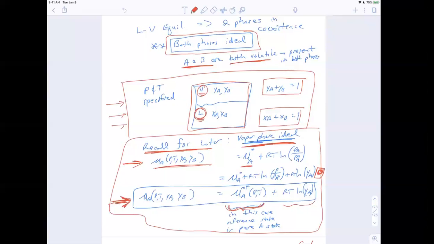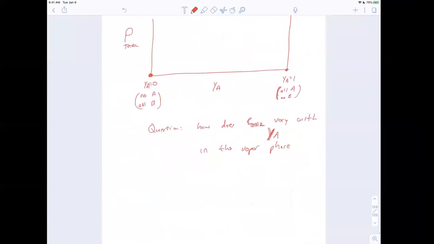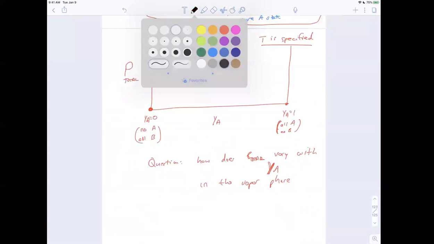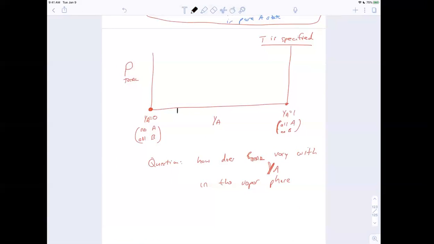So we can then string all of the compositions together to get a curve of how the total pressure varies with composition, right? You can say, all right, I've specified temperature. I'm going to specify a particular composition. So on this plot here, T is specified. I could pick a point here, and say, if Y sub A is here, what is the total pressure in the system? And then I can do this for a whole bunch of Y sub A values, and then I can get a curve. Okay, so that's what we're after here. So is that clear? Okay, so let's